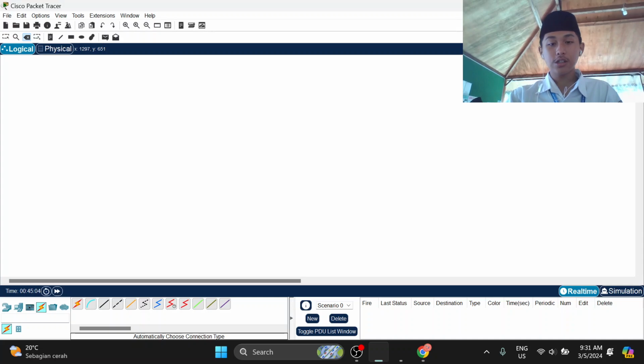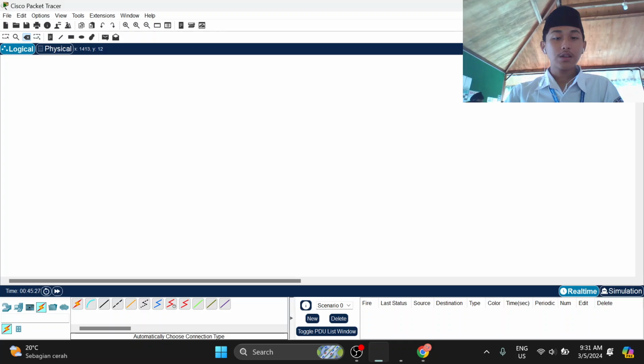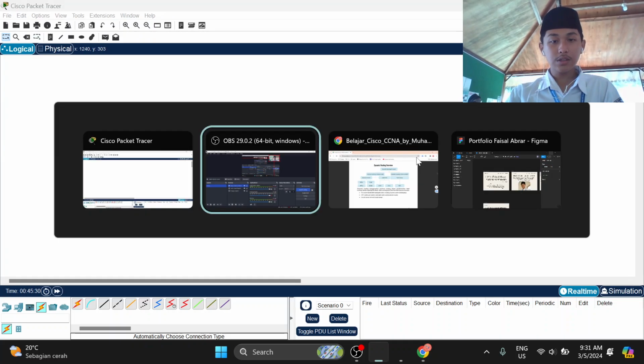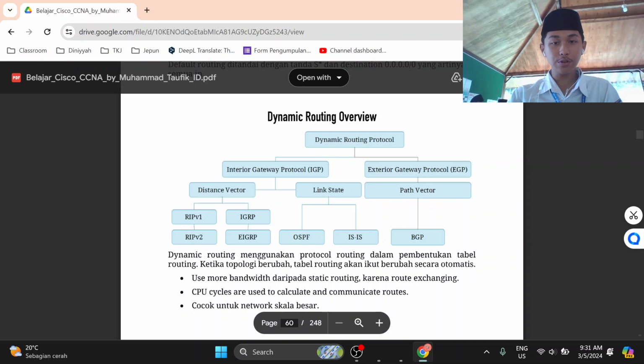So it means that the EIGRP dynamic routing protocol can only be used on Cisco devices. So if you want to use EIGRP but you use it on a MikroTik device, it means you cannot use it.